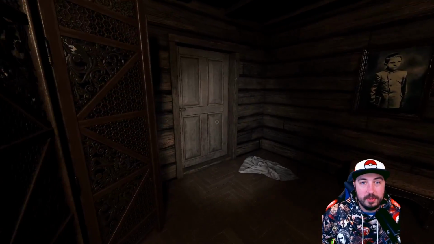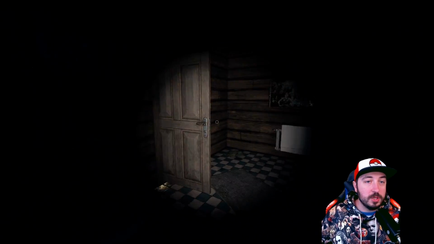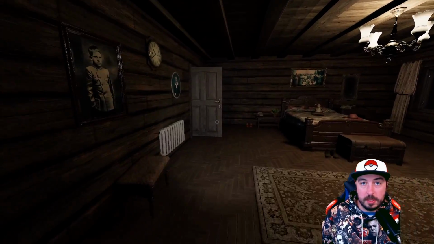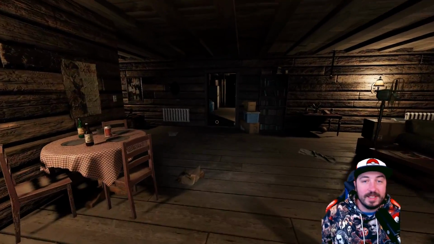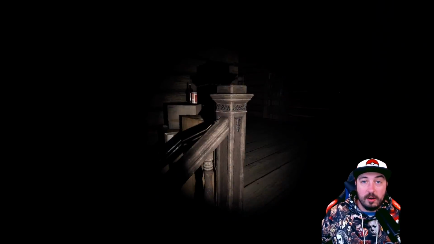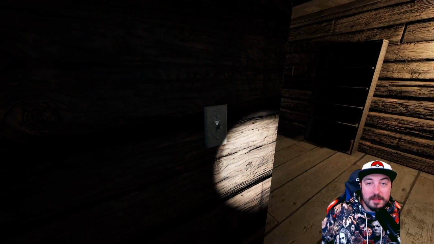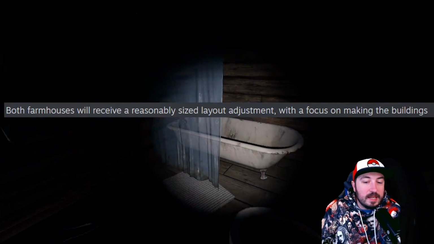I did create my own little acronym, I guess that's what you call it, to distinguish between both of them. I always said ABC, Attic, Bleasdale. That's how I remembered. C really meant nothing. Attic, Bleasdale, Cab. Maybe you could say that. Is it lame? Yes. Did it work? Absolutely. That's how I remember it. ABC, Attic Bleasdale. Either way, the devs said that they want both the farmhouses to have a reasonably sized layout